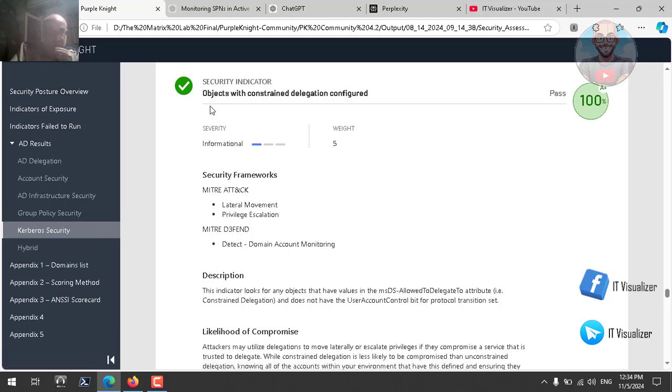We have stopped at this security indicator, which is called objects with constrained delegation configured. We talked about this topic in the previous video, constrained delegation or Kerberos constrained delegation. This is to delegate a service to talk to another service on behalf of a certain user. This is most commonly used when you see a web server that has a database attached to it. So you can make the web server service talk to the KDC, or key distribution center,